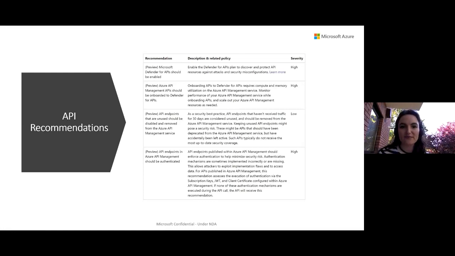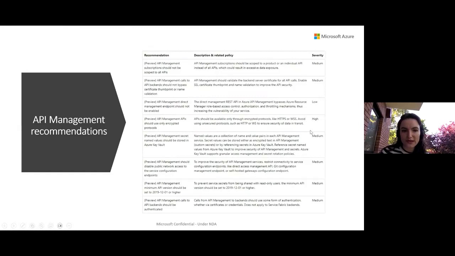For the API recommendations, the first two are the onboarding recommendations: Defender for APIs should be enabled, and Azure API Management APIs should be onboarded to Defender for APIs. Then we've also got API endpoints that are unused in the last 30 days should be disabled and removed from the Azure API Management service. And then we've got API endpoints in Azure API Management should be authenticated, that we have talked about.